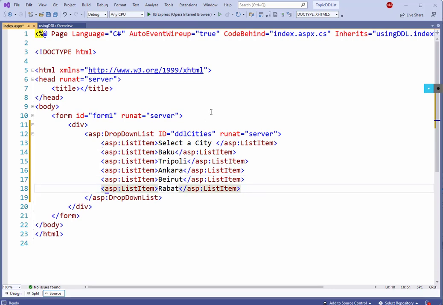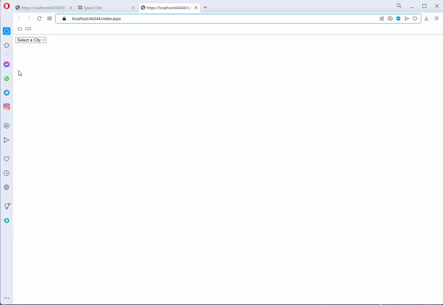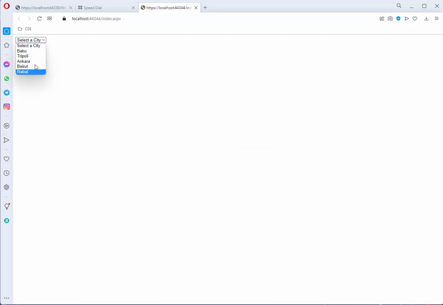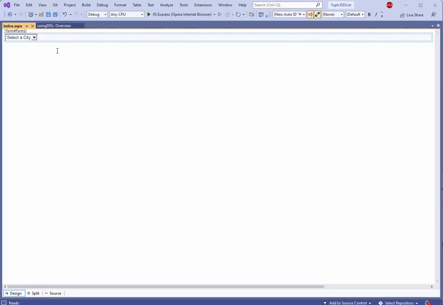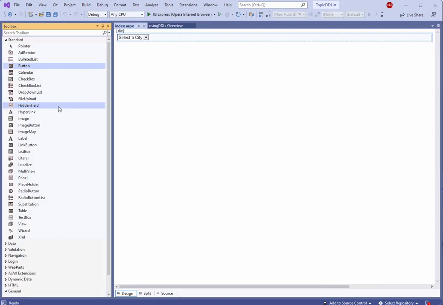Now if I view this in the browser, this is what it looks like. So what I want is when I select a city, I should display the value of that city, maybe in a label box or something like that. Okay, so let's do that. So we go back to our design here, and let's go to the toolbox, Control Alt X, and what I want to add is a label,